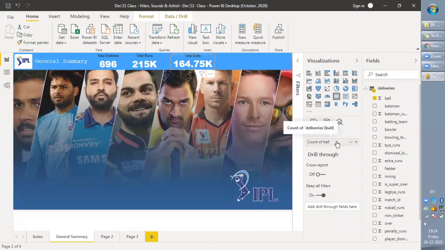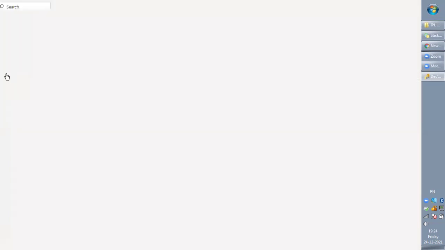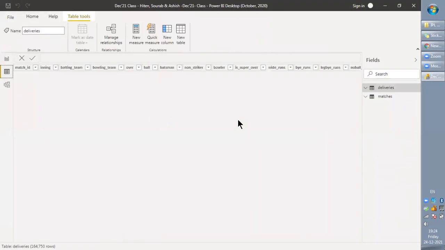Then we changed that aggregate function to count. Count gave us the real actual number of balls bowled. Let me show you one small glimpse of what I'm saying.